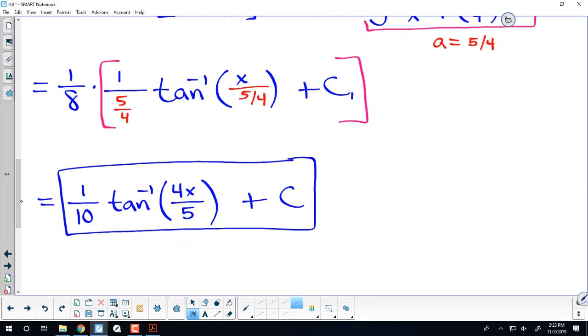So some of them aren't as straightforward as just applying the antiderivative to the formula sheet. Some of them, like this last example, do involve a little bit of work. All